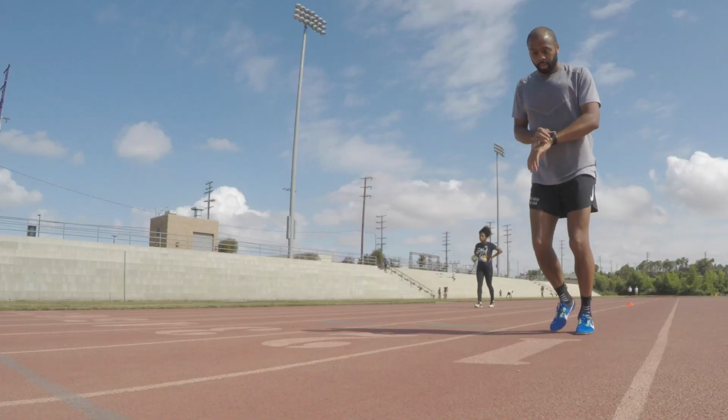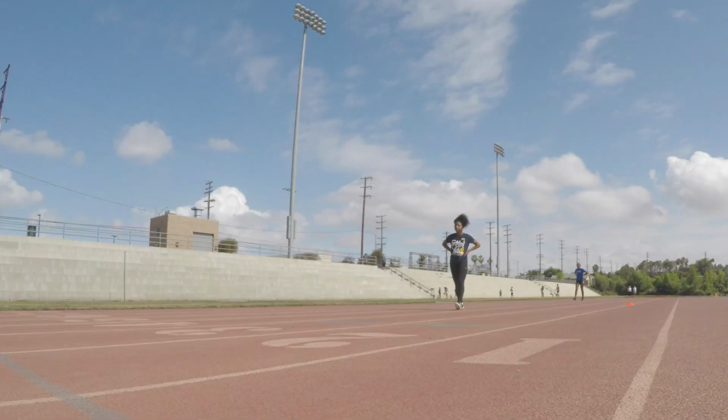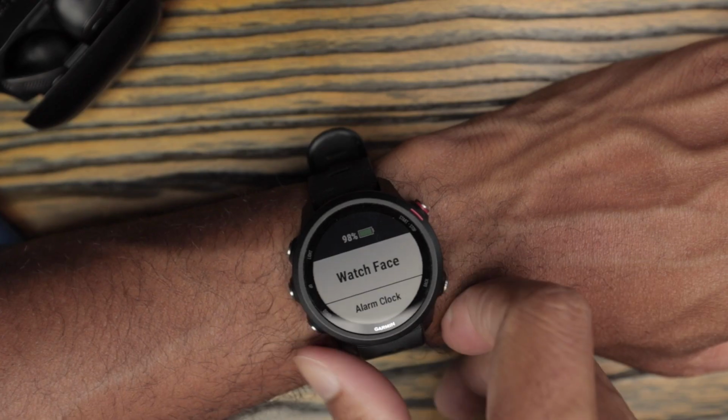In terms of GPS inaccuracy, the only time that I really found that the numbers were a bit off was when I was on the track, which was to be expected. Look, GPS is not necessarily the best when it comes to rounding corners. I found that there were some instances where the GPS was picking up that I ran further than I actually did. The thing that I love about this watch is that it is a runner's GPS watch first, which means